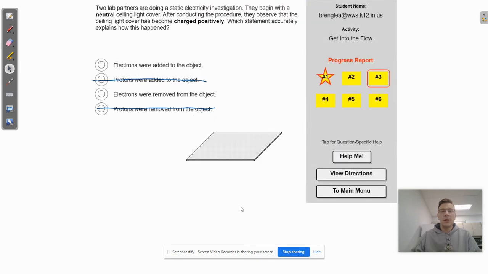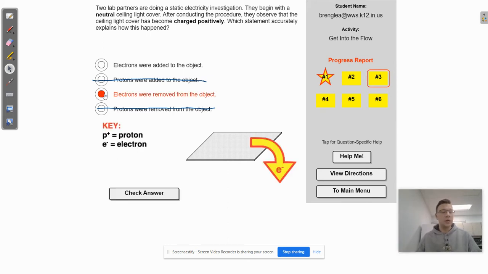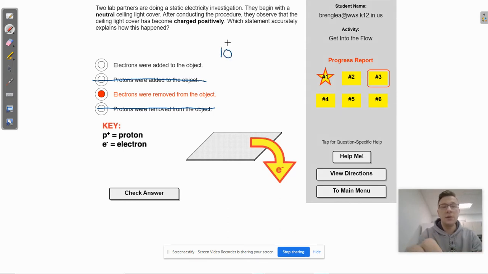I'm just going to leave those slashes there because the only two options are these two right here. That's automatic. Once again, it says the object is neutral and it ends up becoming charged positively, so it's the same situation. The only way for that to happen is if electrons are removed. Let's say that it's 10 protons and there are 10 electrons initially, and then after some electrons leave,